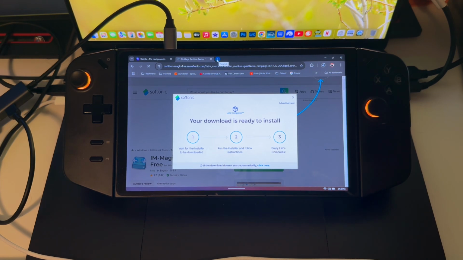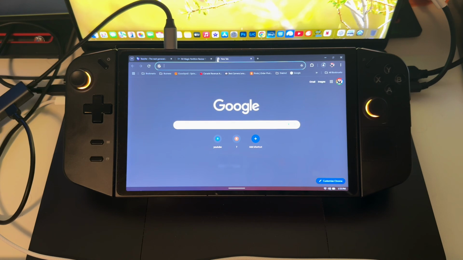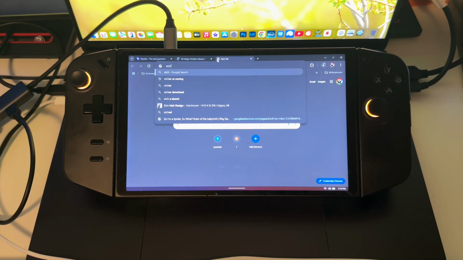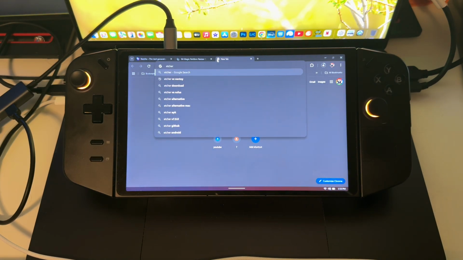So we're going to need to download this as well, which is free for Windows. And then typically a lot of the reviews out there show to use Etcher. So we are going to use Etcher, but as one of the people in the Facebook group I'm in,